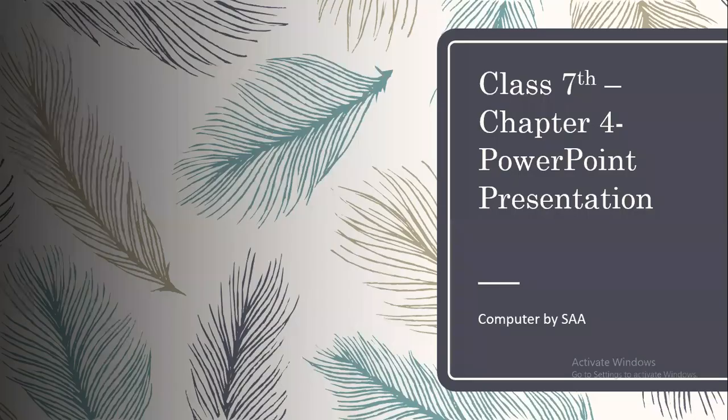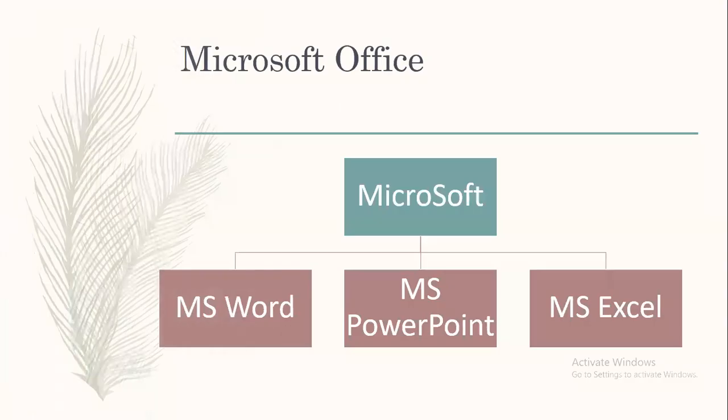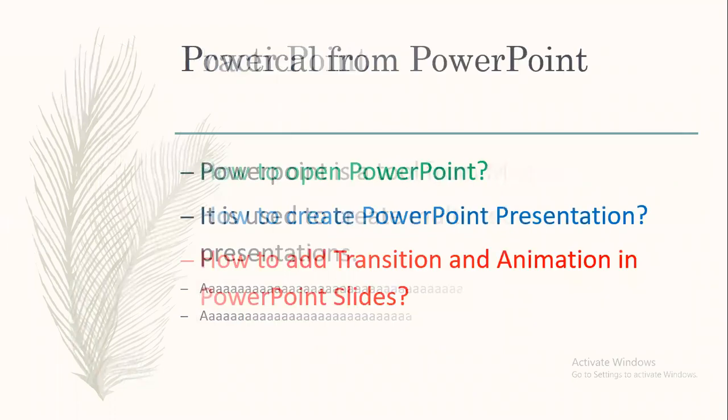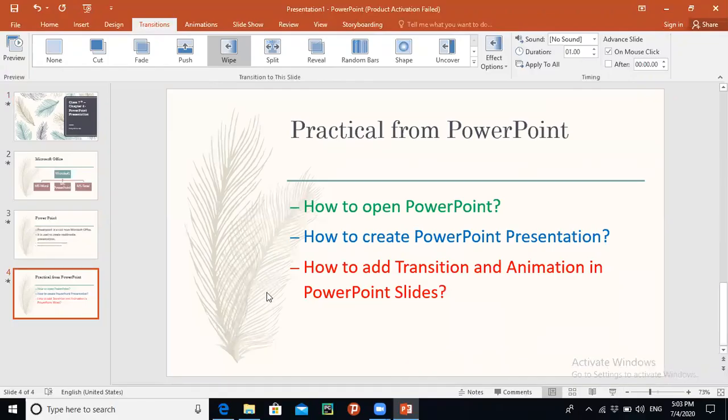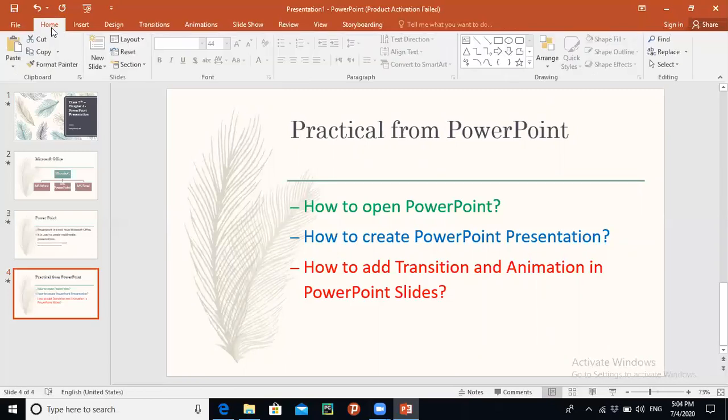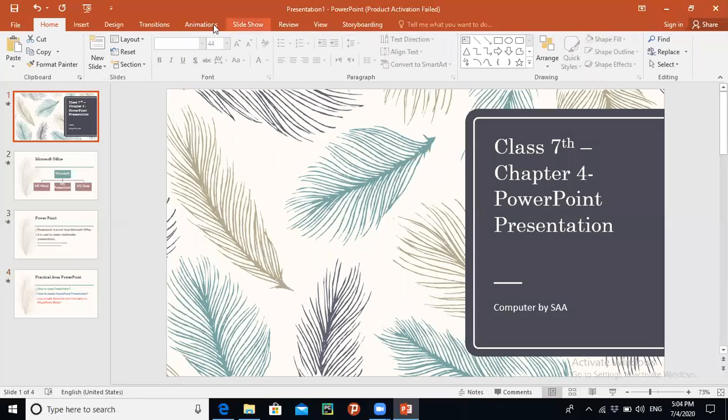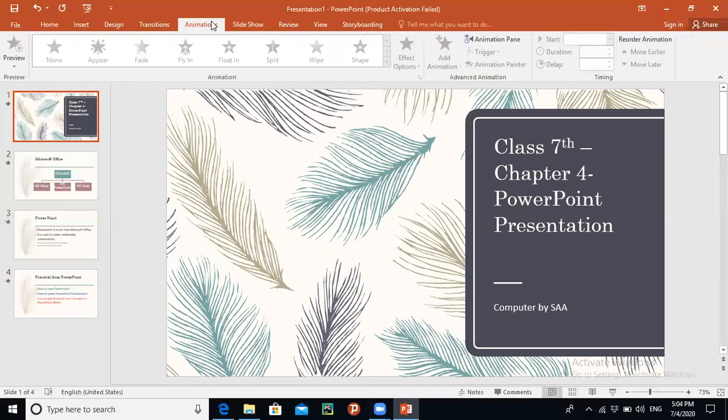Now I have changed this slide. Now you can see my slides are appearing in some other way. Now you have to be very careful. Now see what I am going to do. So this was the transition which I have applied. Now I want to apply some animation on my presentation. First of all, I have to select the text on which I want to apply the animation.